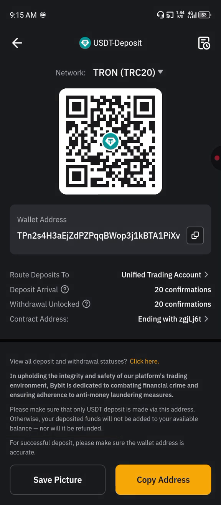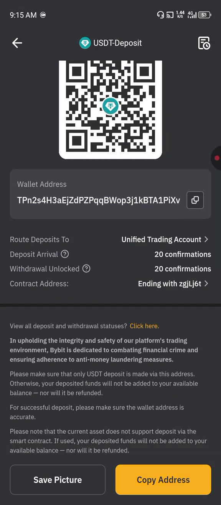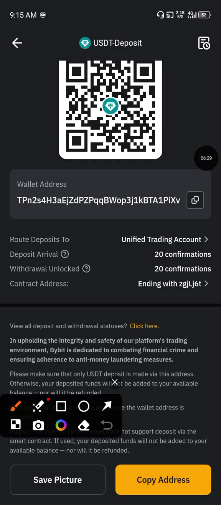So you copy your wallet address, copy, and you can send this to your friends, send it to the company you are working in, or send it to the exchange you are working with as an affiliate for you to receive your funds in your account. And once you've received your funds, it will confirm this 20 network confirmation, it will show that it has been confirmed that you have received your funds in your